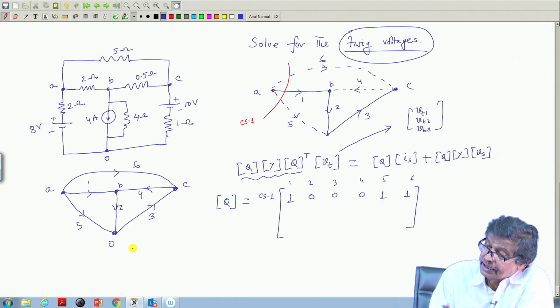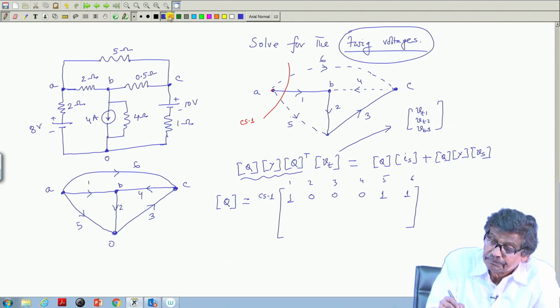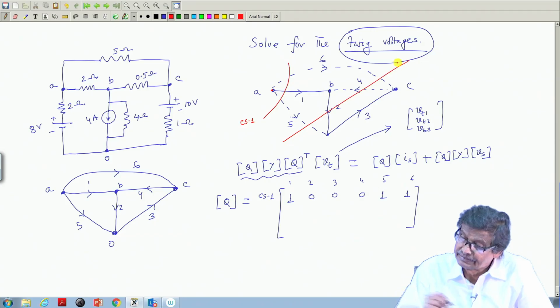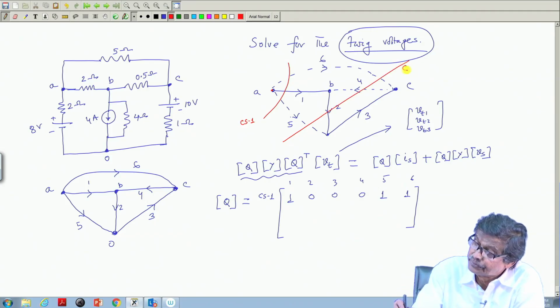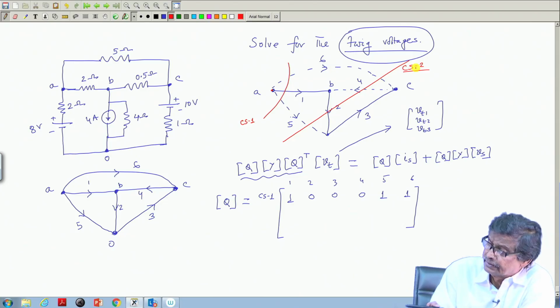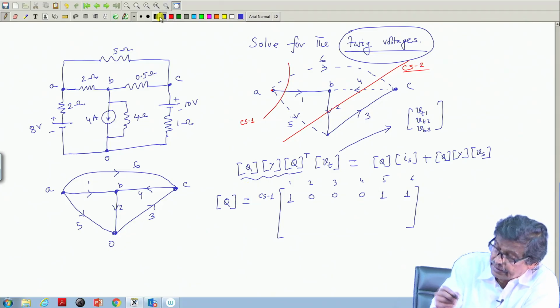Similarly, I have to make a cut set involving this twig 2, that is cut set 2. How can this be done? I will do it like this. This is cut set 2. Is it a valid cut set? Yes, because it involves only one twig and 1, 2, 3 links. So, it is a valid cut set, and in this cut set 2 I have to write down the KCL